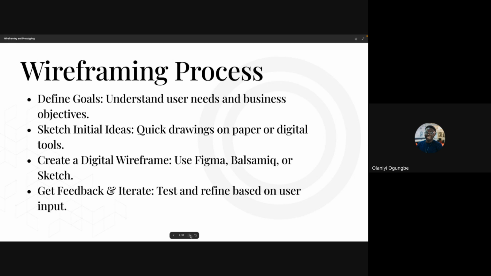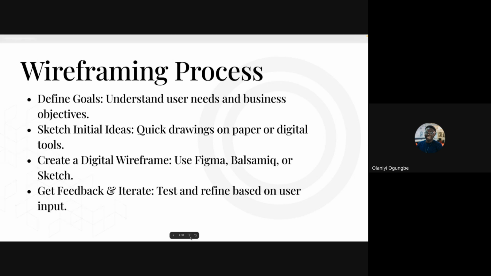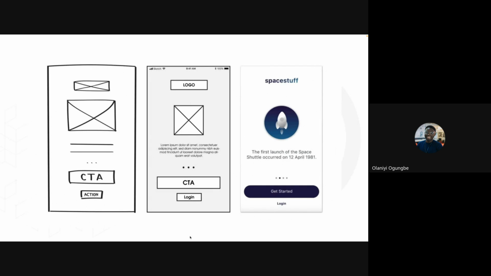Now, the next part, I think I already showed you this image. We can differentiate. So real quick, guys, let me just be sure that you guys are following. Image A, B, or C, which one is the mid fidelity? You guys should reply quickly in the chat. I want to see who is following.